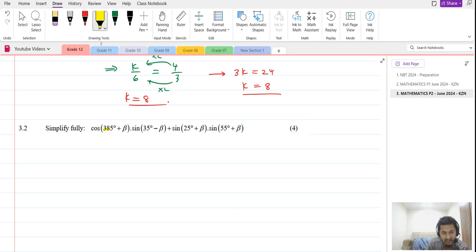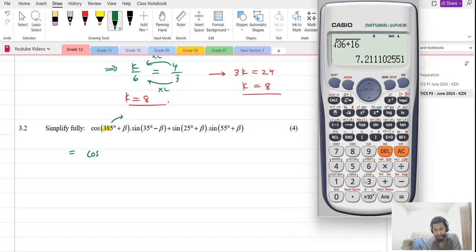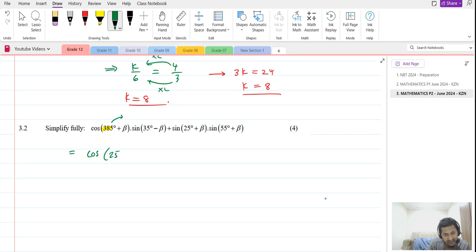This angle is clearly more than 360. So we're going to simplify this. So this is equal to cos, take away 360 from here. You're allowed to take revolutions from this. So if I take away 360, 385 minus 360, see what we get? 25. So we got cos 25 degrees plus beta,